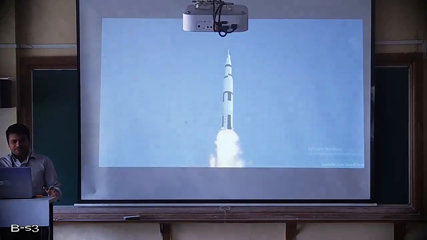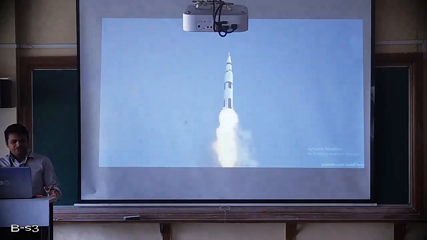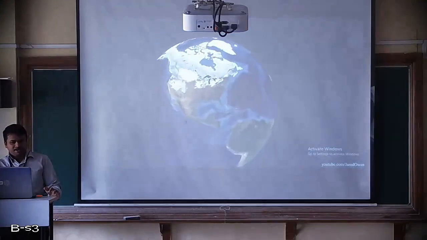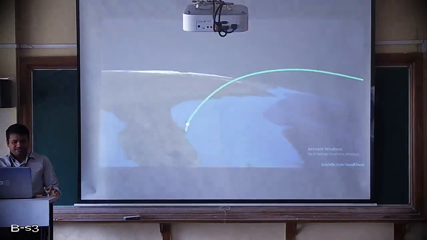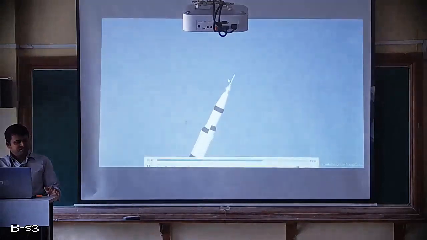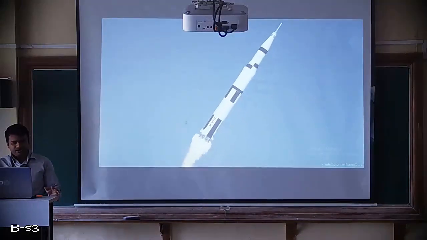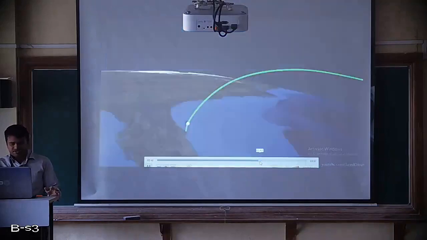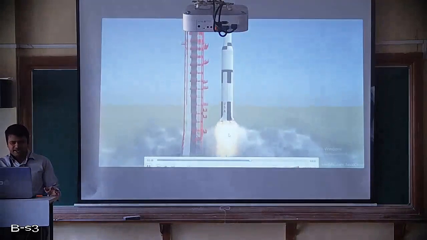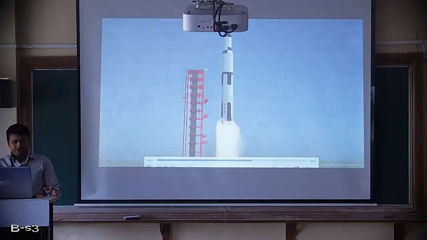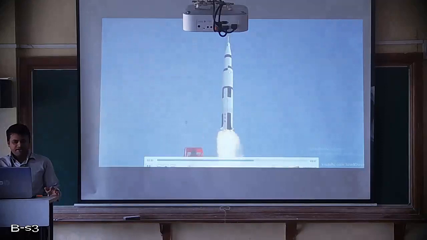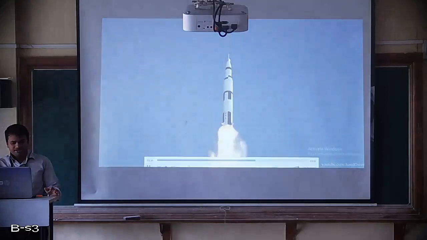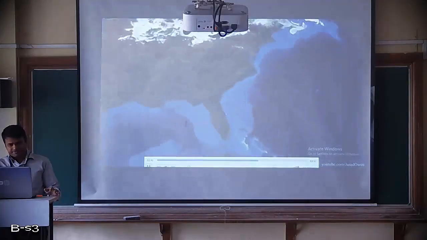You see that, it is reducing its angle of attack. You can see the path. Initially it was like this, then it has bent. So the transition, or gravity turn, was happening there. See, this is how it is happening. Let us say vertically it is going up. Till here the vertical segment will be there. After that the gravity turn takes place. So the transition trajectory is happening here, like this.